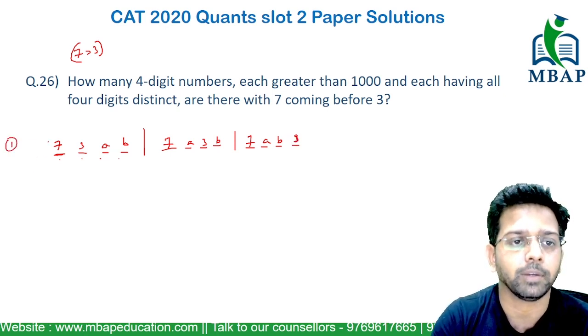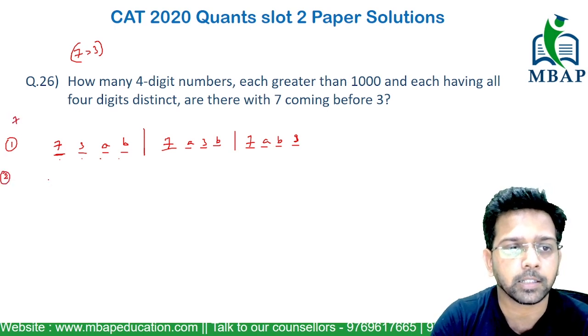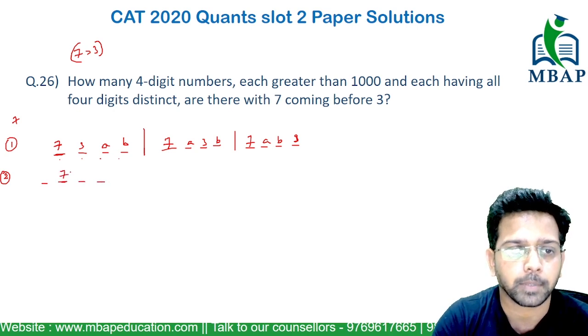This is instance 1, where the thousands place has been taken by 7. Let's take instance 2, where the hundreds place has been taken by 7. It's again a 4-digit number, but 7 is going to come here. So one possible case will be 7, with 3 in between,